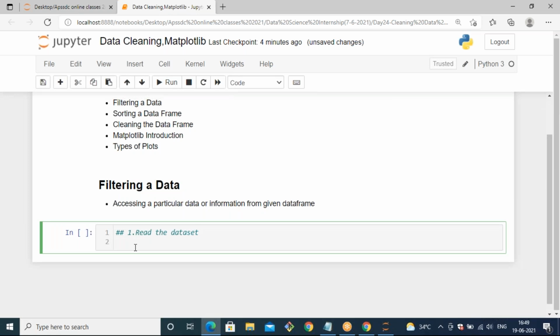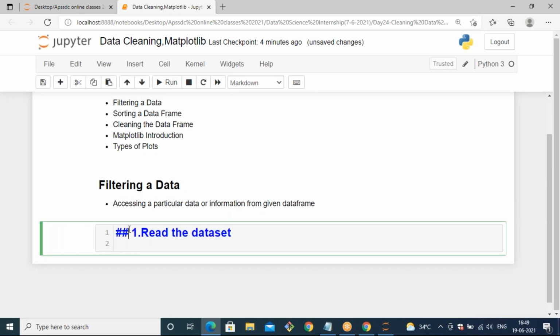The first step is we need to take the data set, right? So how to take the data? Yeah, if it is a CSV file, we have one method to read or load that CSV kind of format. What is that method? Yeah, the method is read_csv. This is an inbuilt method that comes from pandas.